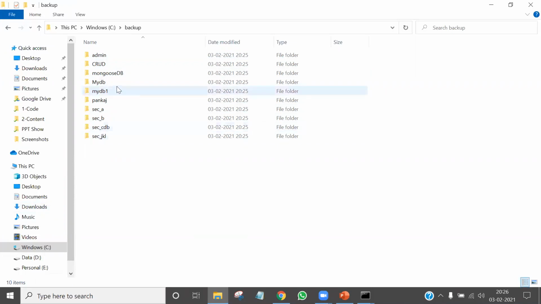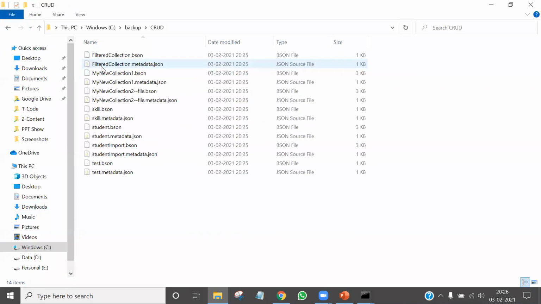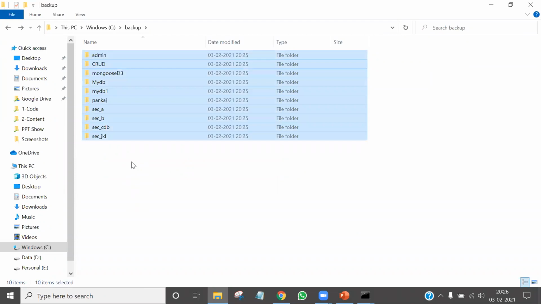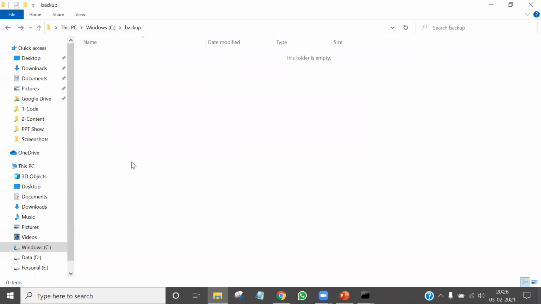Like, I just want to back up this CRUD database, and in this CRUD database there are so many collections. So I'm removing everything. Now this backup is totally blank.